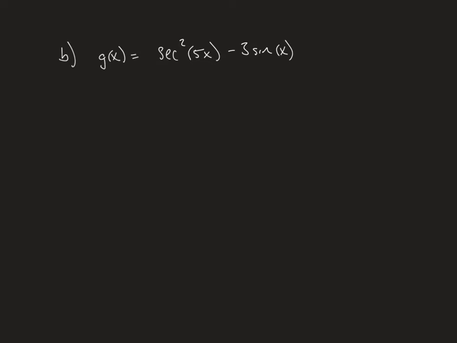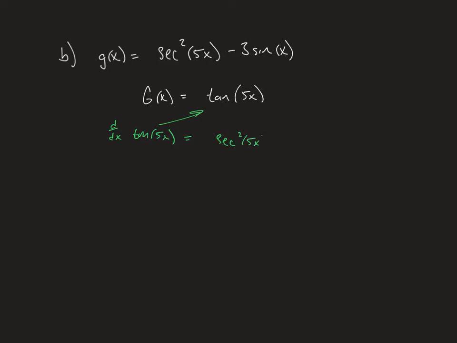G of x is secant squared of 5x minus 3 times sine of x. So this one's slightly more complicated, but it's not too bad still. We know that the antiderivative of secant squared is tangent. So we'll start there. Tangent of 5x. Now think about the chain rule. If you were to take the derivative of tangent of 5x, that would be secant squared